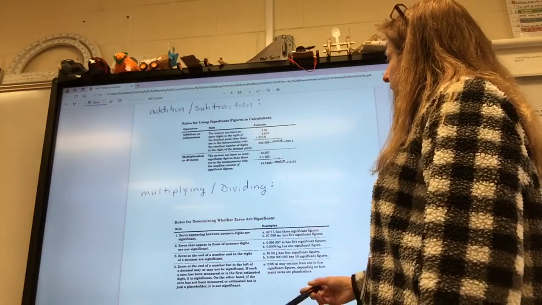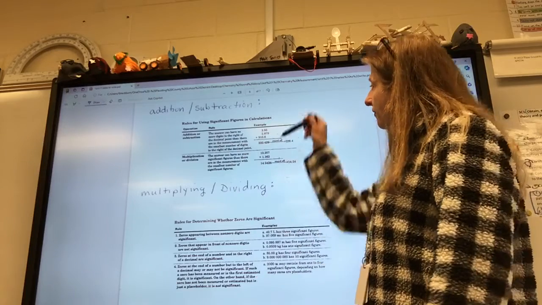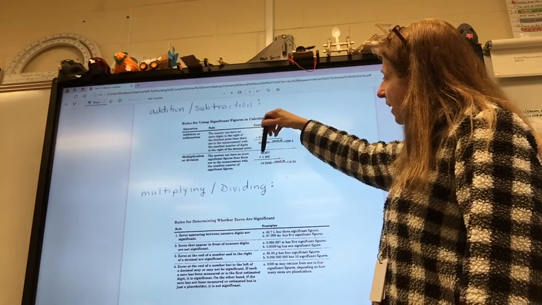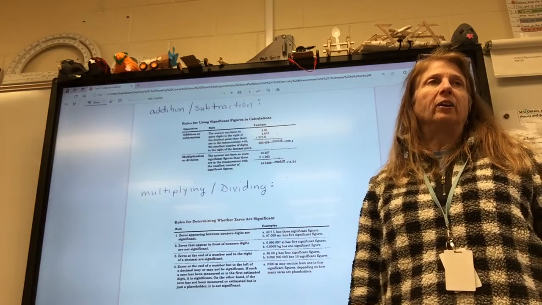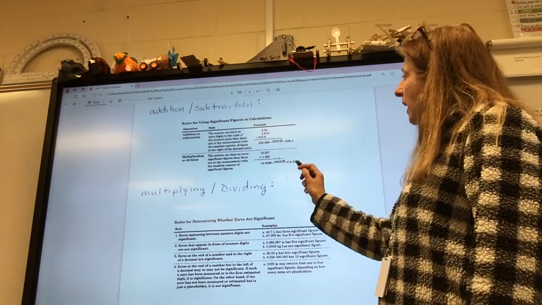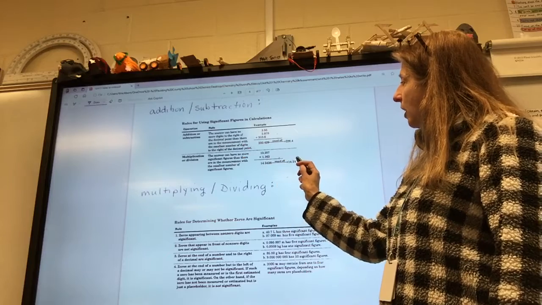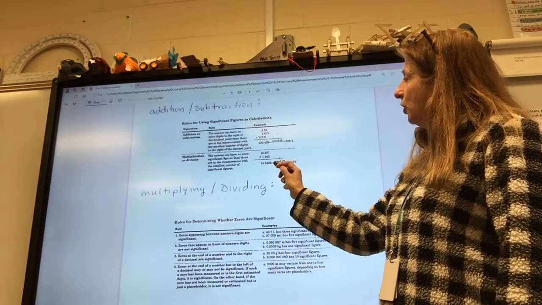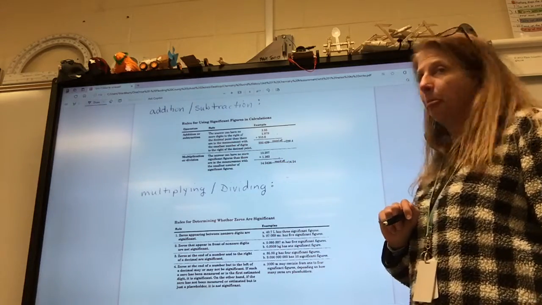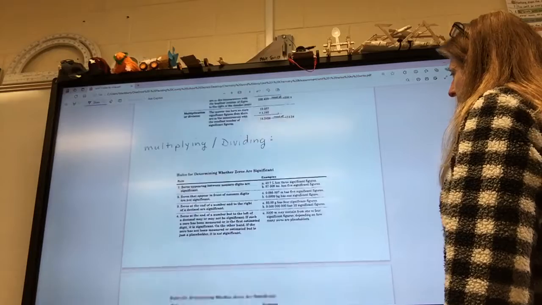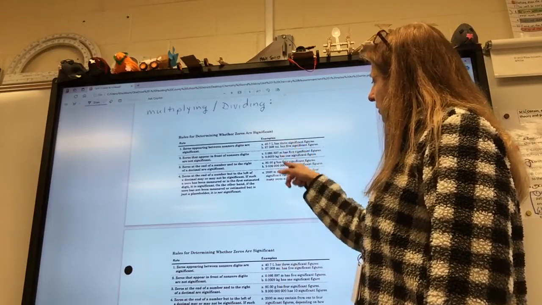Okay, now for multiplying and dividing, we have to know how many significant figures it has. That one has 5, that one has 4, because they're all non-zero. Everybody good with that? Now we multiply them, and we need to make it where it only has 4 significant figures, so that means we're going to go to the hundredths. The 2 leaves the 4 alone, so it's 14.42. And here are the rules written out with examples for significant figures also. So you can look at the examples.